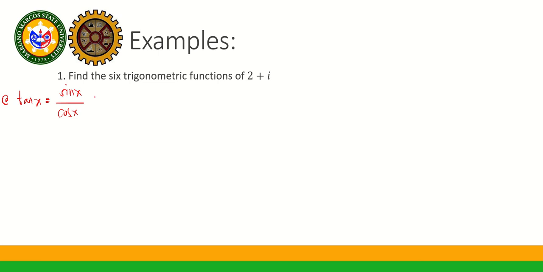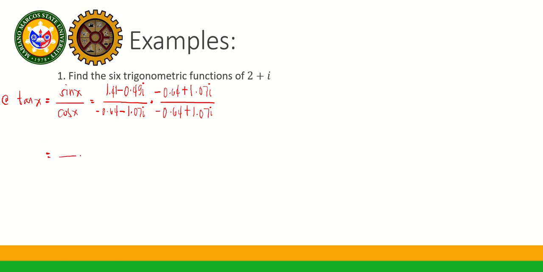So what is sine x? That is 1.41 minus 0.49i. And what is cosine x? That is negative 0.64 minus 1.07i. So how do we solve this? We need to multiply by its complex conjugate. So that will be 0.64 plus, the operation in the middle changes, 1.07i, all over negative 0.64 plus 1.07i. And now, we do